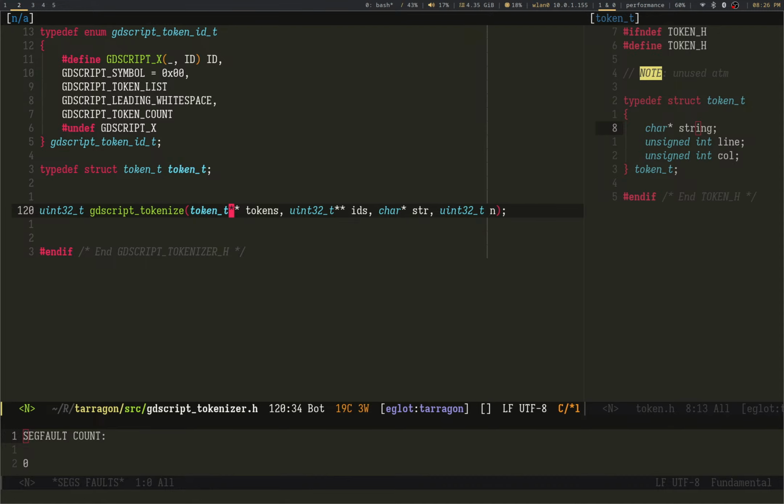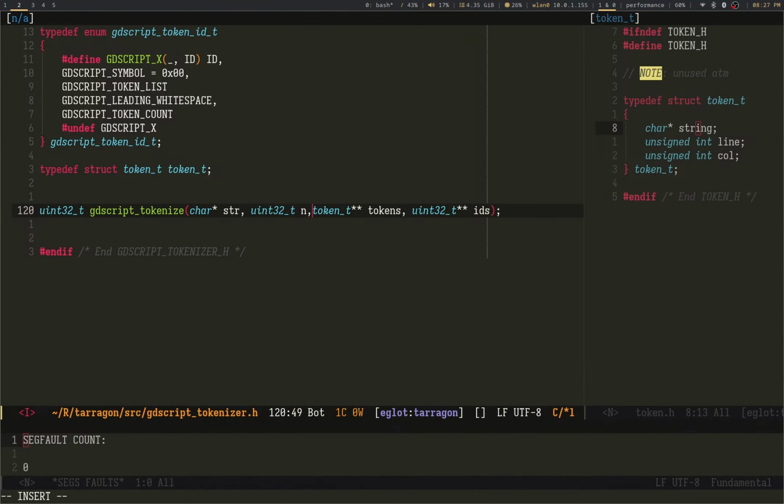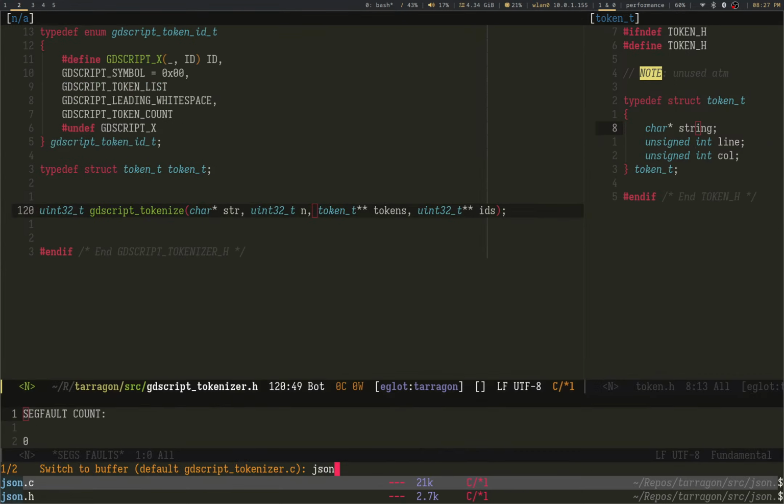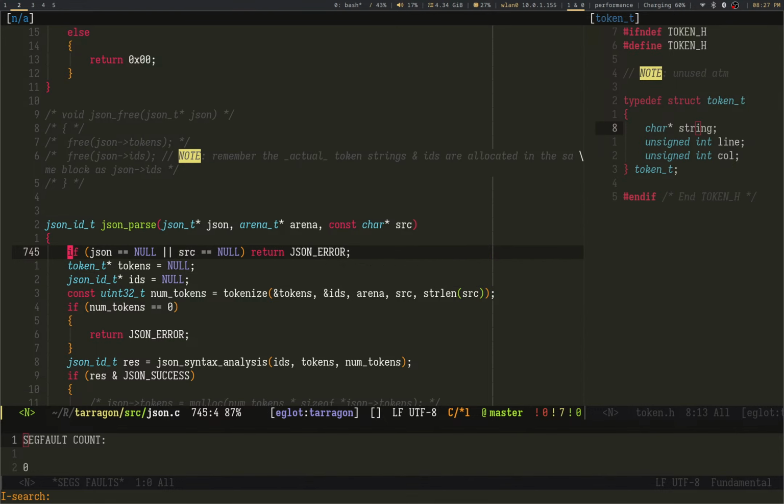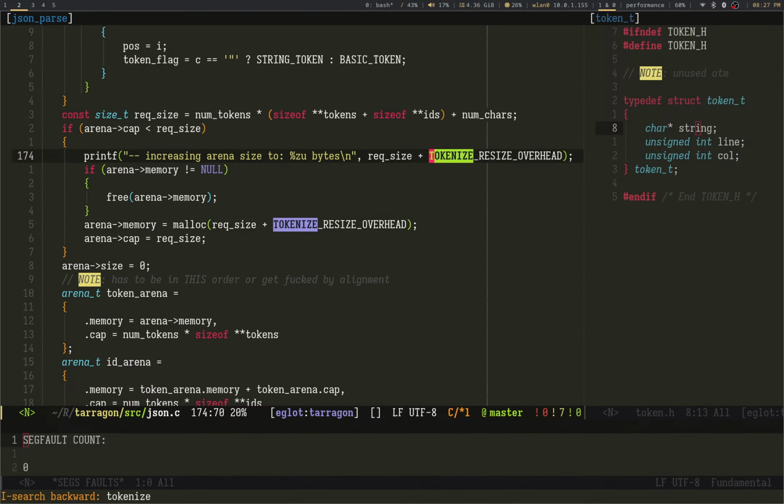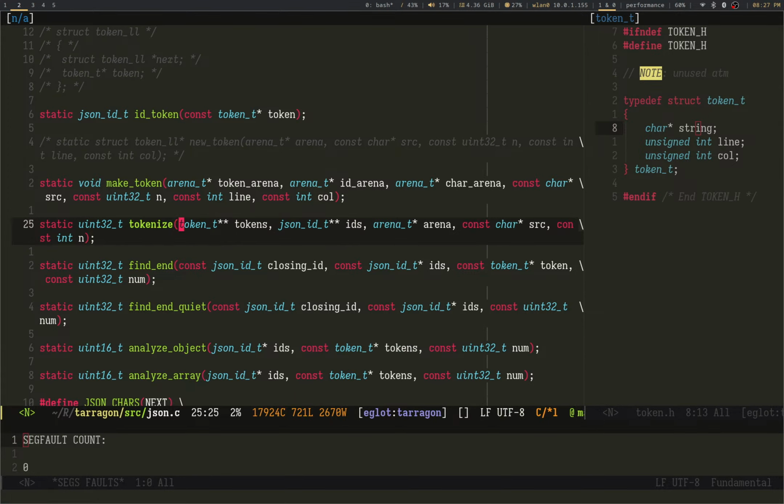Everything that I want to be a double pointer is a double pointer, looking good. And I don't know if I like them in this position, however. What do I do in JSON? What do I do here? I do tokens, IDs. I have an arena.